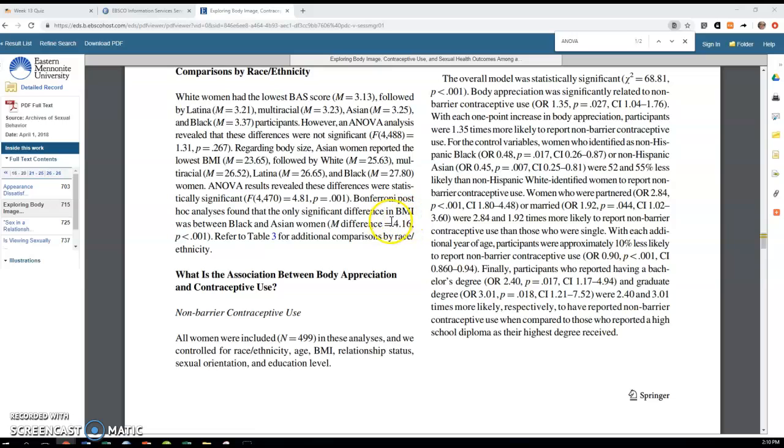This M difference just means on average what was the difference that we saw in the BMI of the Asian women here and the black women. And then this tells us that we're pretty sure it's not just our sample. We're pretty sure that if we would go out into the population and look at the actual average BMI for all black women and compare it to the actual average BMI for all Asian women, that the BMI for the black women would be higher. We don't necessarily have that reassurance that the other differences would be seen in the population. We don't have enough evidence here just based on our sample alone. And that's the interpretation of a one-way ANOVA.